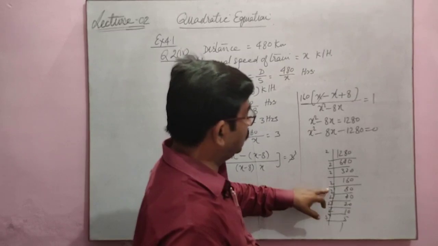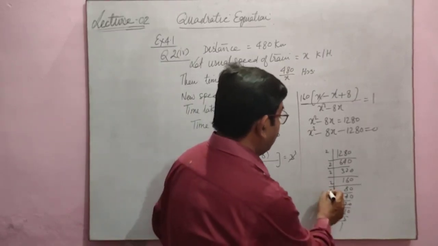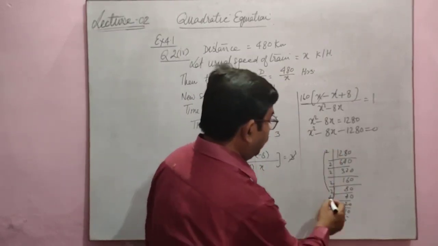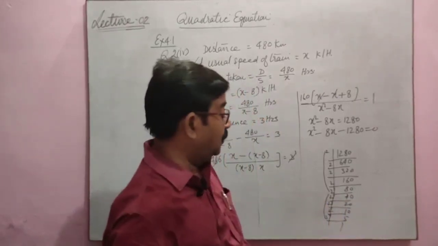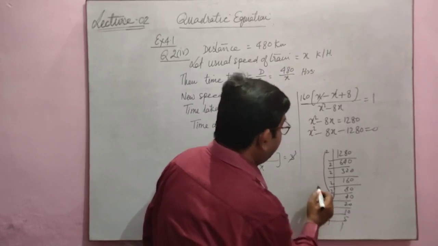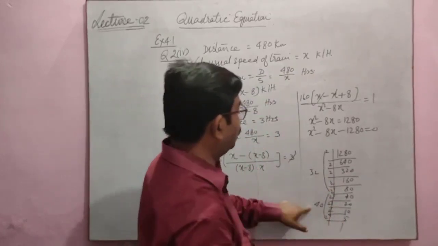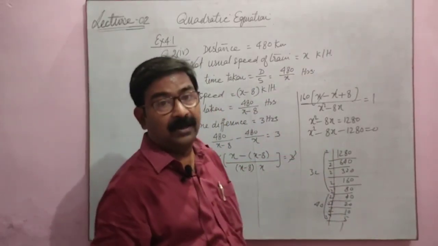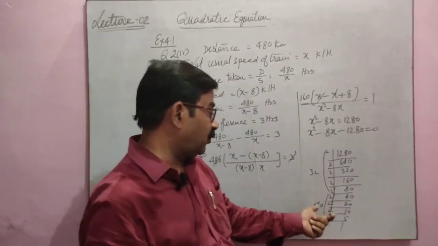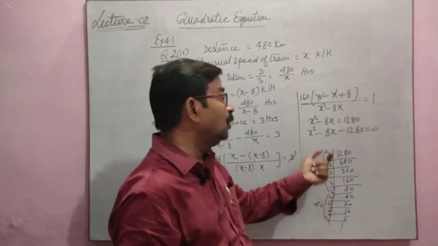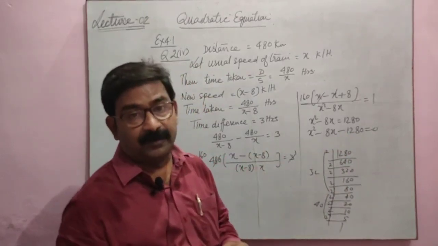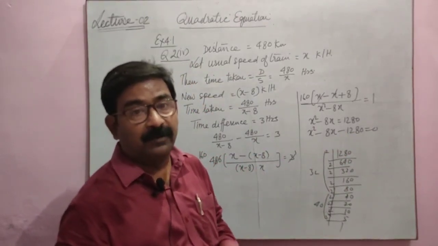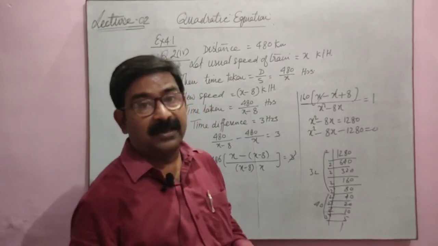So we have to find the factors like 2 × 2 is 4, 2 × 4 is 8, 2 × 8 is 16, 2 × 16 is 32. Suppose I have taken this much. Here 2 × 2 is 4, 2 × 4 is 8, 5 × 8 is 40. So here we have 40 and here we have 32. 40 − 32 is 8. So you can get the factors 40 and 32, and after that you will factorize this. Whatever positive value comes, you have to take the positive value. So it is the answer.